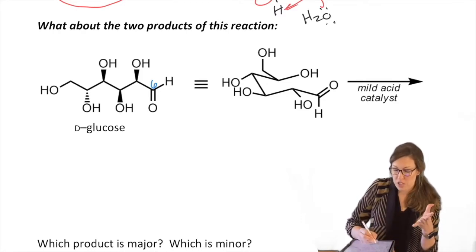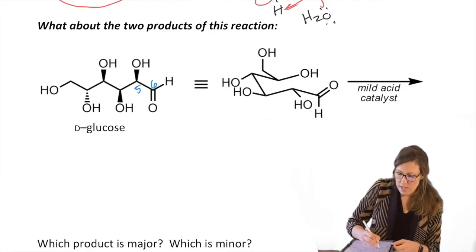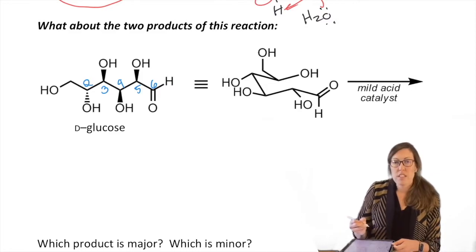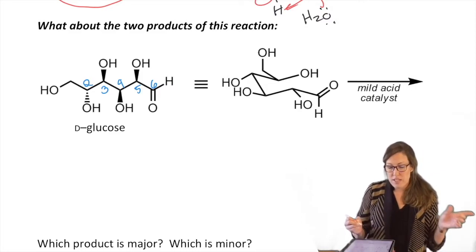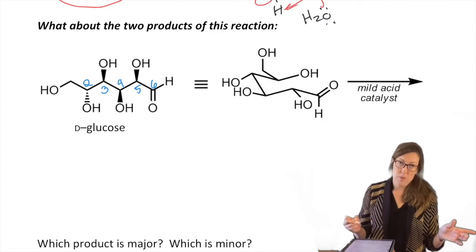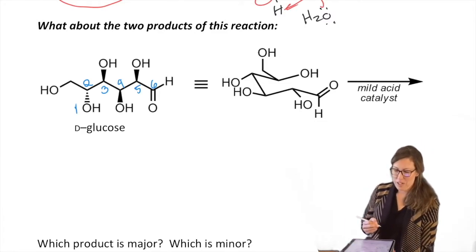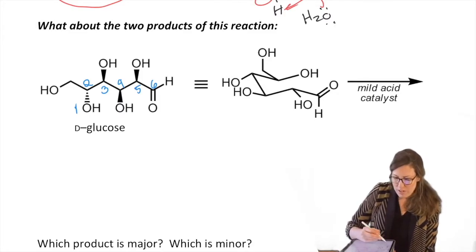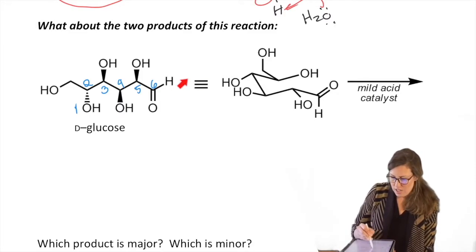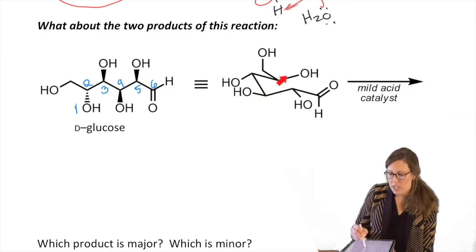But there's so many oxygens now. Which one's going to do it? So 6, 5, 4, 3, 2. Look, it's not that one that's way out on the end. That would make a 7-membered ring. We want a 6, so it's actually this one. That's the one that attacks. So I found that by counting backwards. And this can be rearranged and look, I have it all ready to close the ring here.